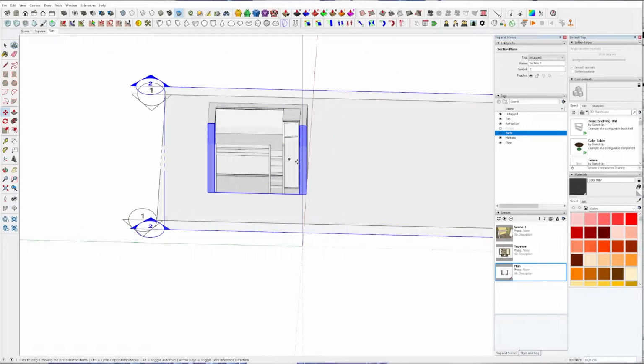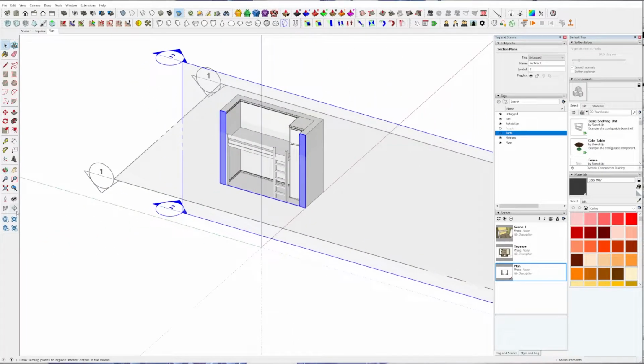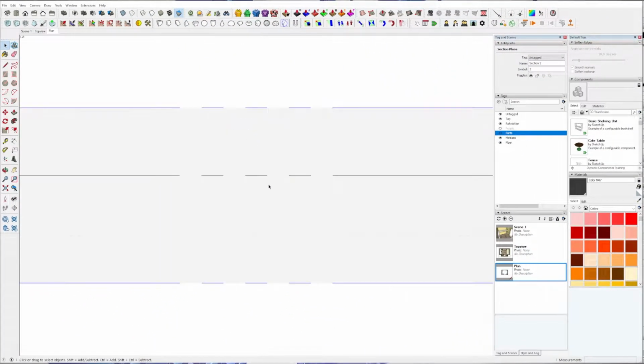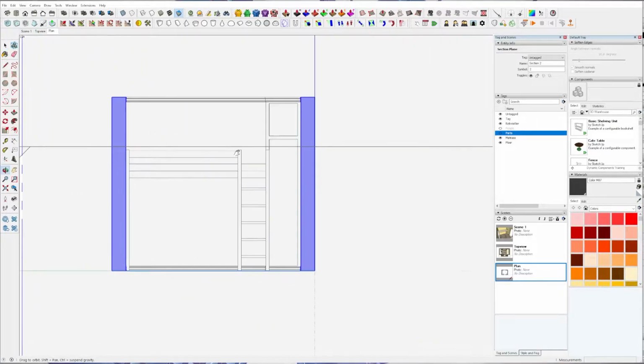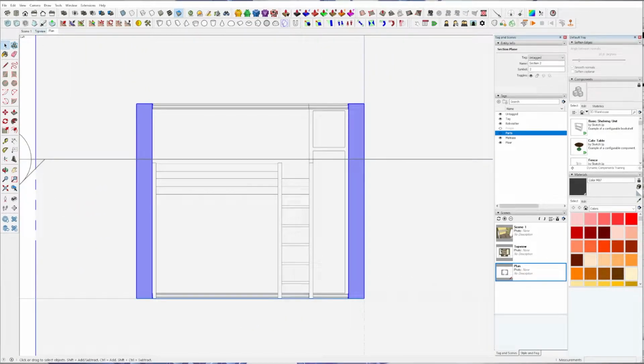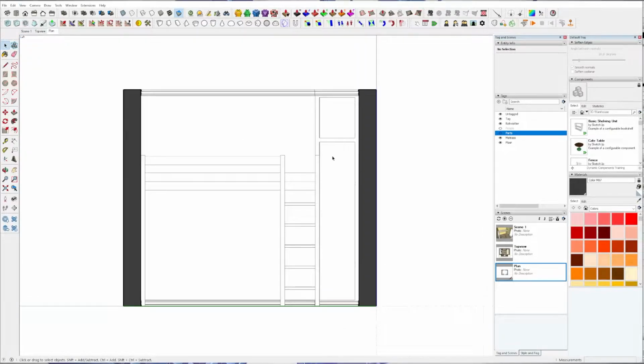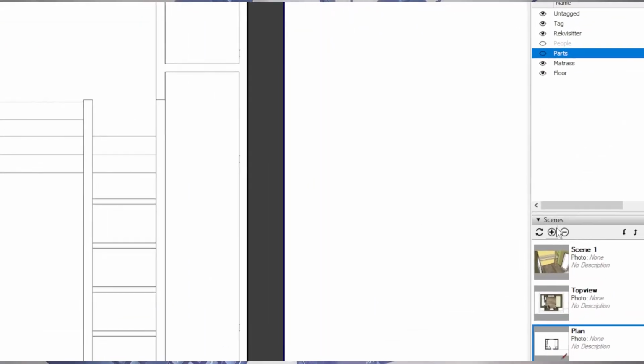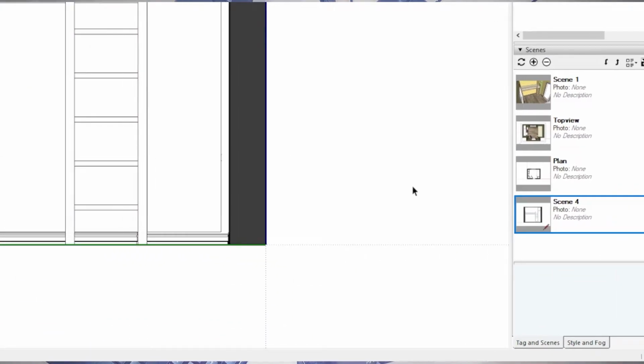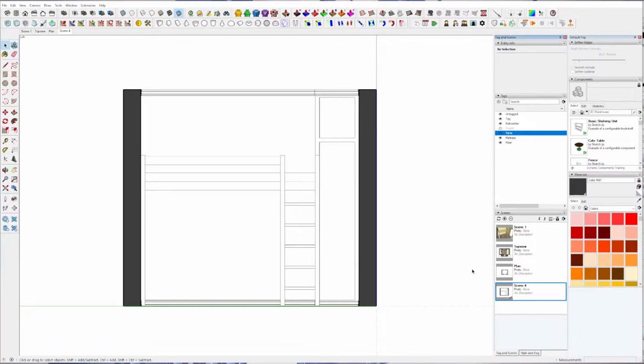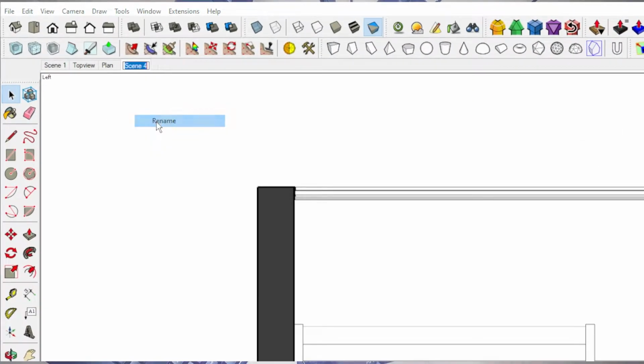an elevation, like this. So again, just use the section plane. This time I just clicked on the wall, and I moved it back, and then I can right click and go align view, find my elevation, then click away section plane, and then we simply go down again to scenes, create a new scene, which is just called scene 4, and this time it didn't ask me to update any styles because it's pretty much the same style as plan. And I'm also going to rename it